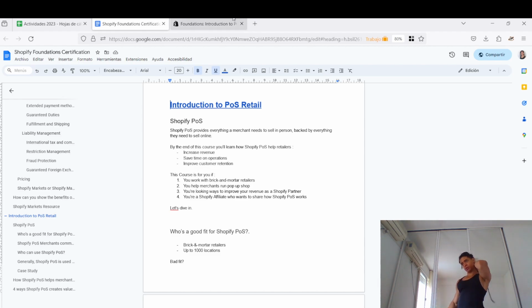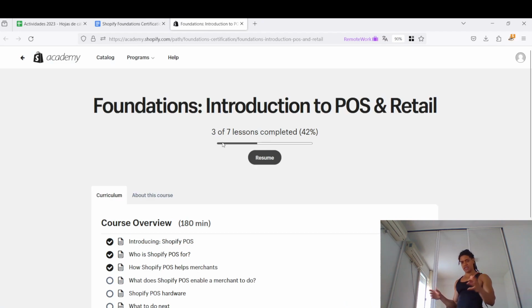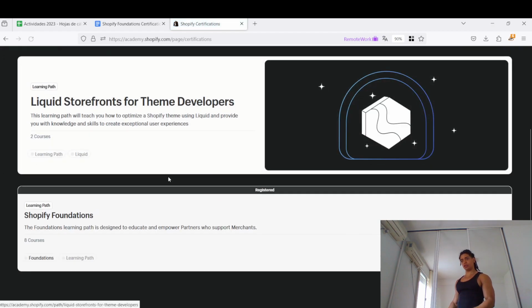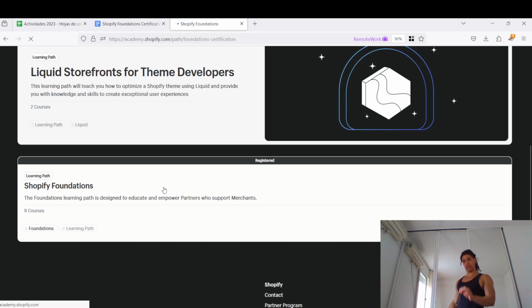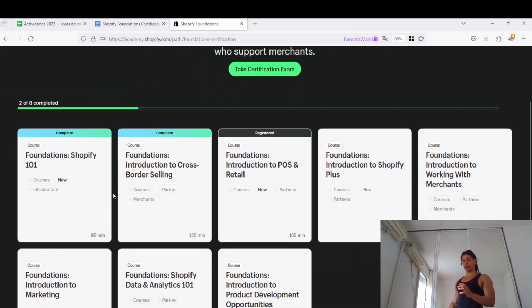So, Introduction to POS Retail is part of the 8 modules from the Shopify Partner Programs here. And this is something very interesting and useful because with this, you can now have a basic comprehension of what is Shopify with the Shopify 101, the cross-border selling, the POS and retail, as well as the introduction to Shopify Plus, which is the next step that I want to take,